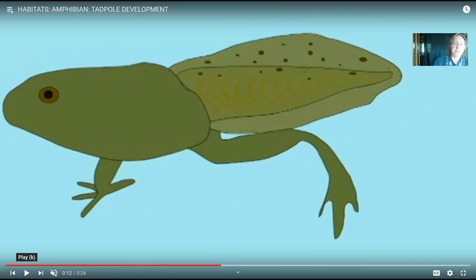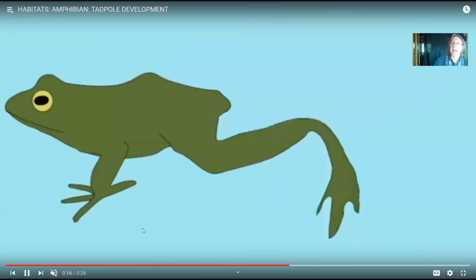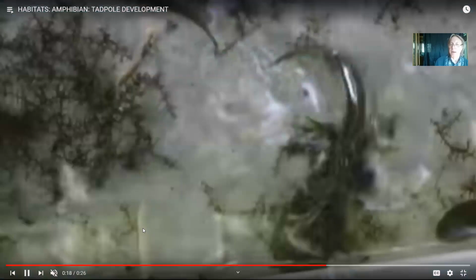Others, the larger ones, may spend years. They develop legs, then arms, the tail is reabsorbed, and then they become the adult frogs, which can then come out onto land. And obviously, if you're catching tadpoles at certain times of the year, then you can catch the ones which are in transition as they're slowly developing